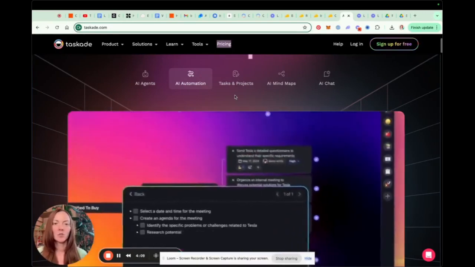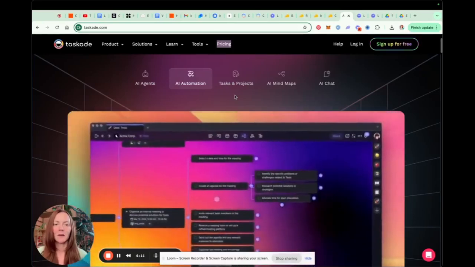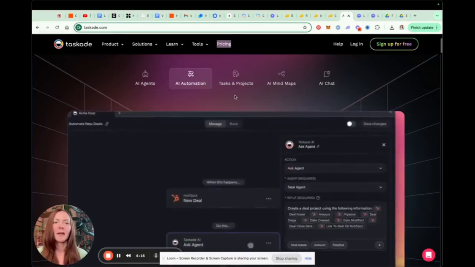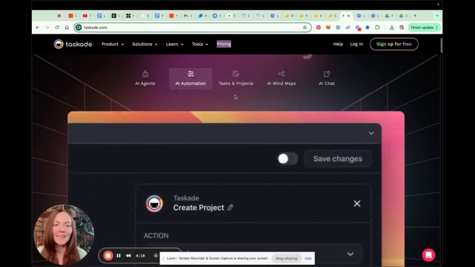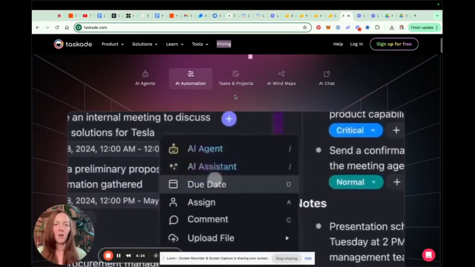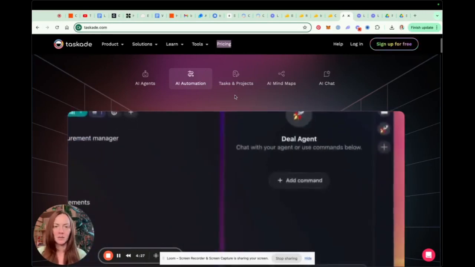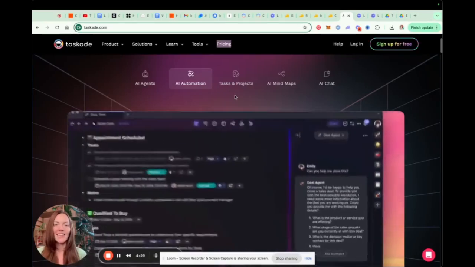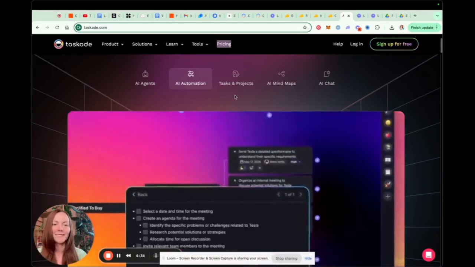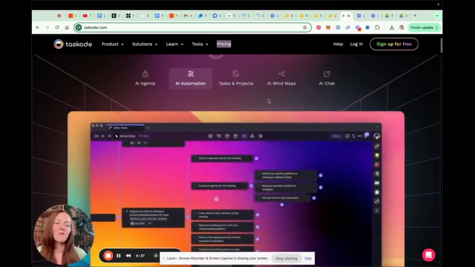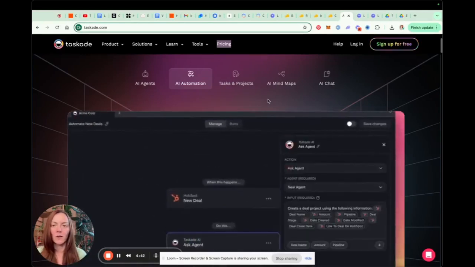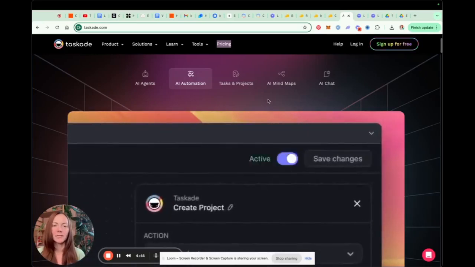There are thousands of tools that connect into Zapier. So you can link Slack, you can link ActiveCampaign or your email provider, and you can use Zapier or Make to set up your own automations that bring in Claude or Gemini or ChatGPT. So that's also an option. This kind of has everything all in one place and it's all built into the tool. I feel like this is where Asana will go in the future, which is a tool that my team and I have been using for years and really love.